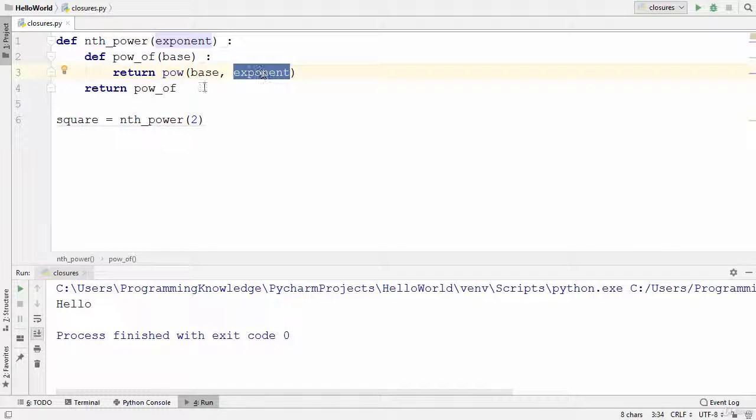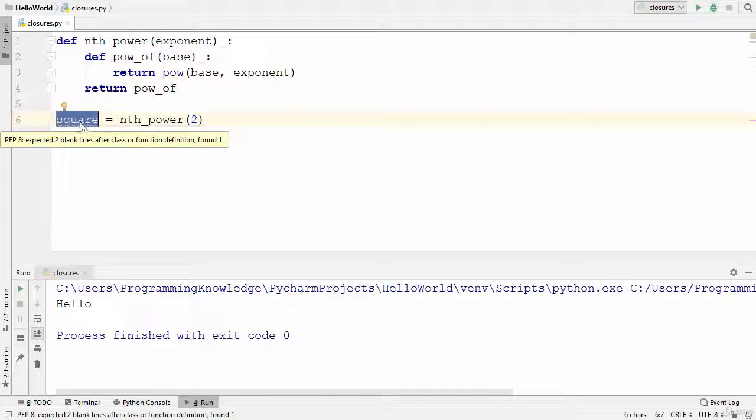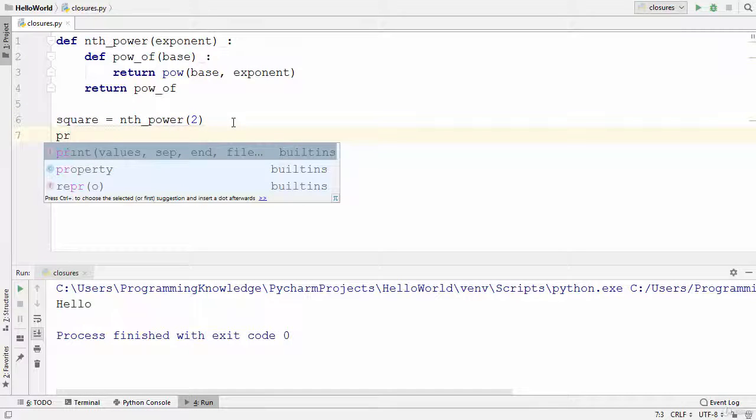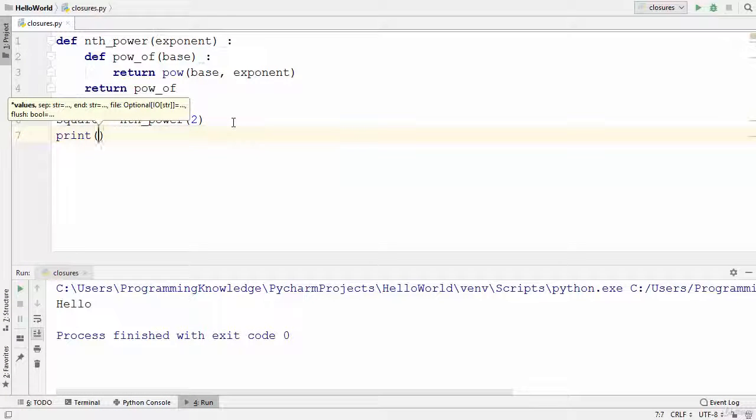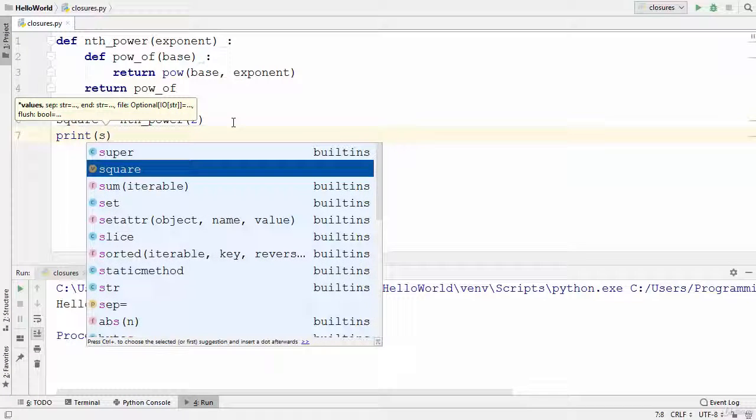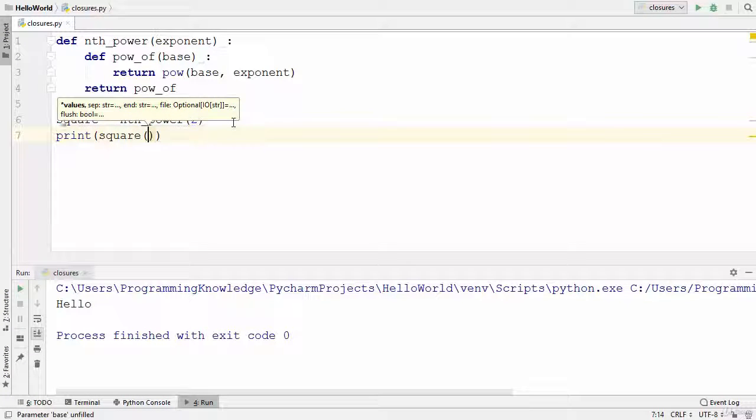That means whenever we call the square function, it's going to give us the square of whatever number we are going to pass as an argument to this square. So let's try it once and let's see what happens. So I'm going to just print and then call this square function, which takes an argument, and I'm going to first of all find out the square of 2, and I'm going to run this program,